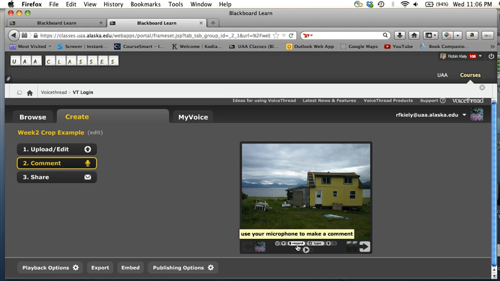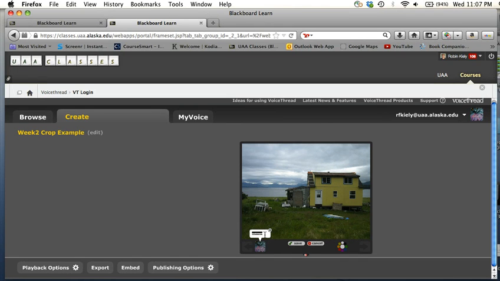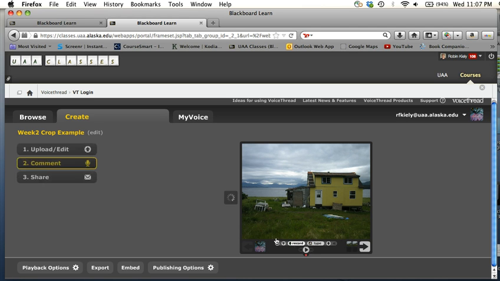I can either record one. Sorry, it's so microscopic because I'm using my laptop, but that says record. Use your microphone to make a comment. I am not going to make a recording because my internet's so slow and it's going to take forever to load. So I will type one, which you can barely see. This is image directly from camera before crop. Okay, and just make a comment. Whatever, just explain what it is before, and then go to your next image and say, okay, so this